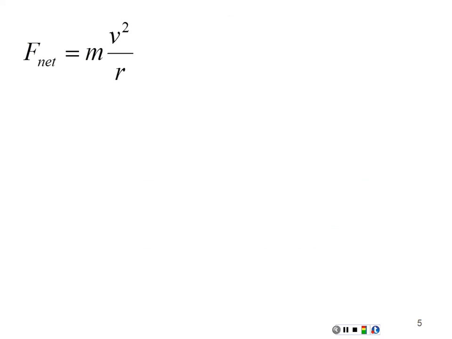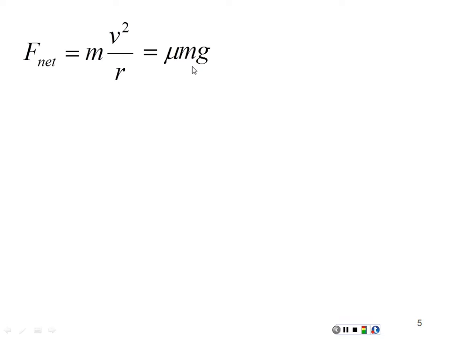So we have our net force, mass times velocity squared over r, and that is equal to whatever external forces are responsible for keeping this moving in a circle. In this case, it is strictly static friction. It's going to be mu times the normal force, but in this case, the normal force on a flat plane is equal to the weight, mg. So it's going to be mu times mg. In other words, our frictional force is going to be 50% of our normal force, 50% of our weight, because mu was 0.5.